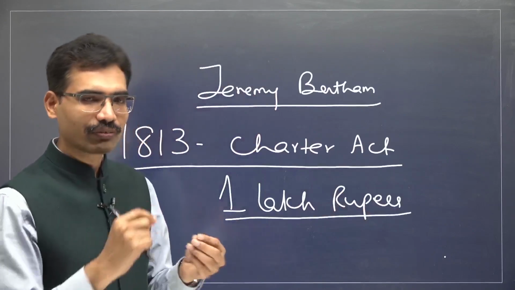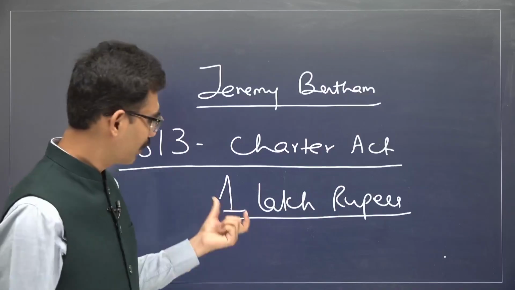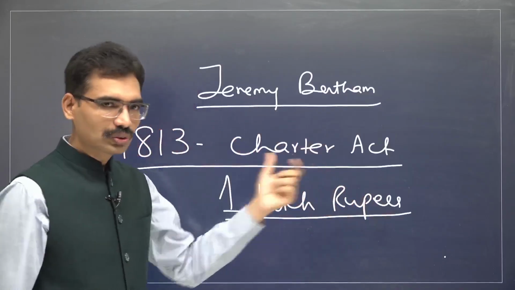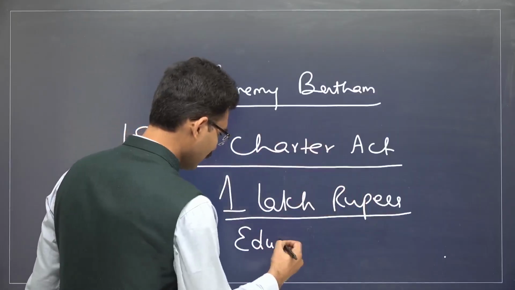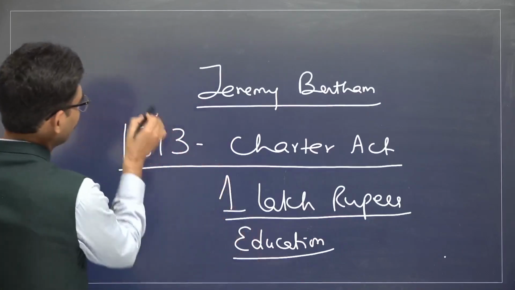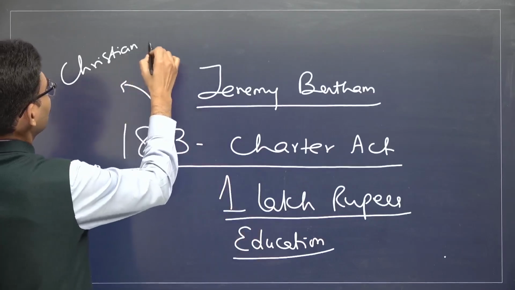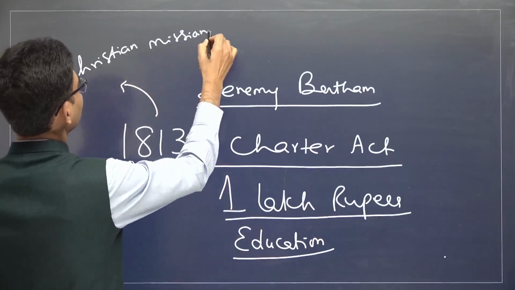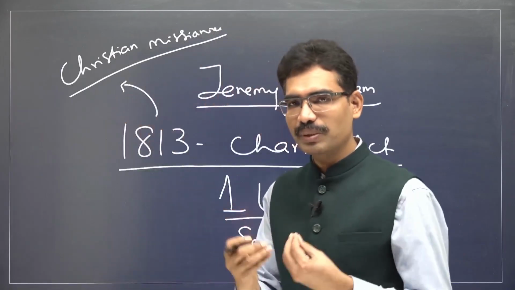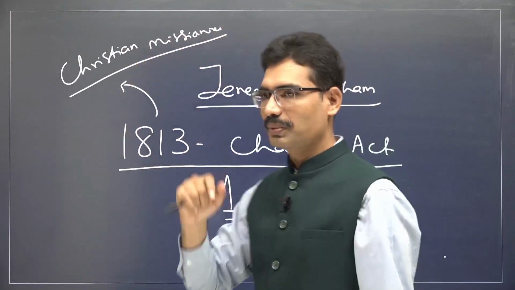Now you connect: Charter Act 1813 had a provision that 1 lakh rupees must be given to develop education in India. Now could you connect various dots? All dots are going to be connected regarding the future of India. And this also gave permission to Christian missionaries to enter India as well. Now could you see in which kind of atmosphere people like Raja Ram Mohan Rai are emerging? Now in Bengal, this is the atmosphere.